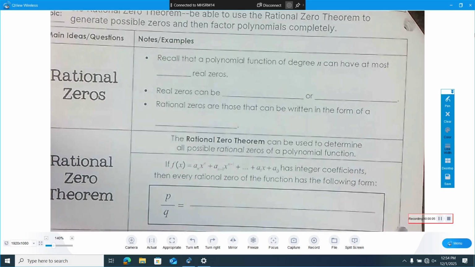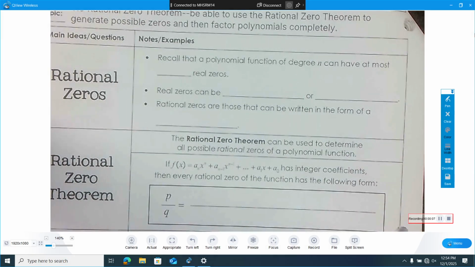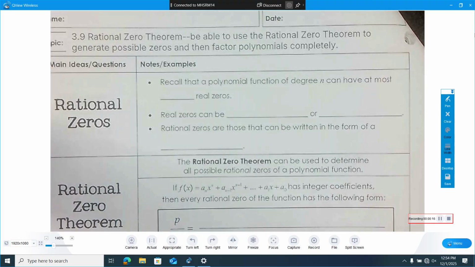Okay, here we go. Ladies and gentlemen, we are doing more with synthetic division and factoring and zeros. Yay! Okay, so today we're talking about the